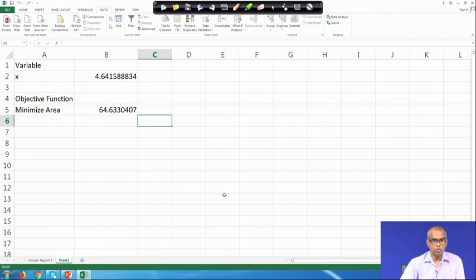Once you have x, y can be found out as y equal to 50 by x square. So, this is how you can easily solve any unconstrained optimization problem using Excel Solver.